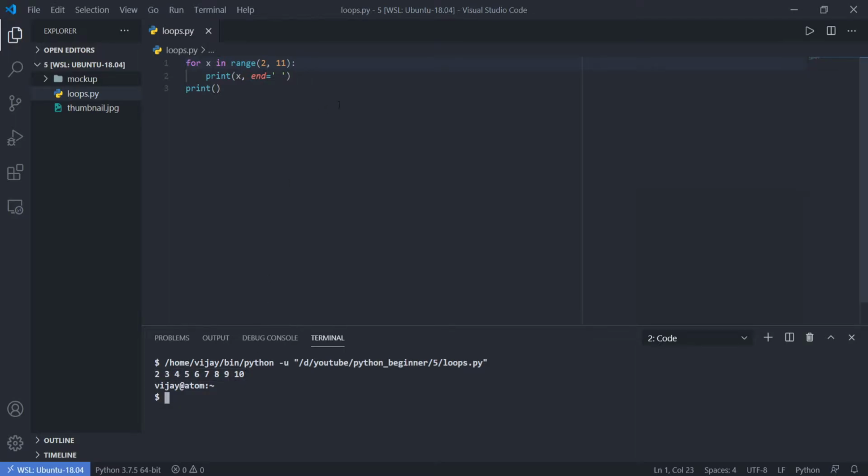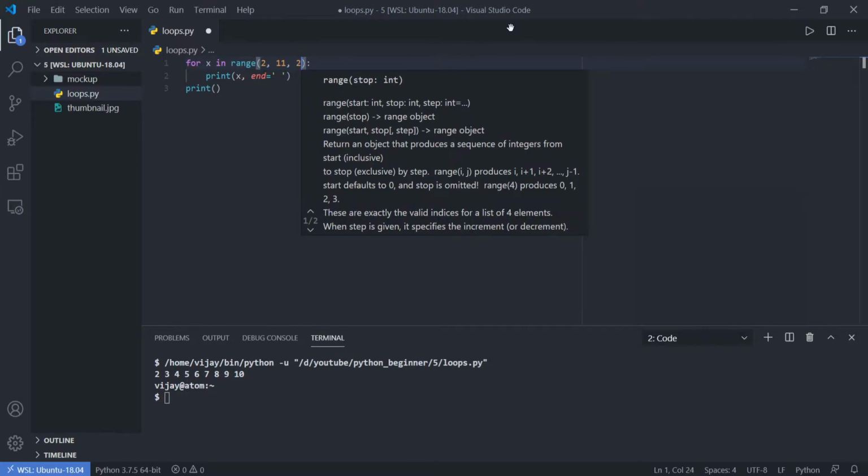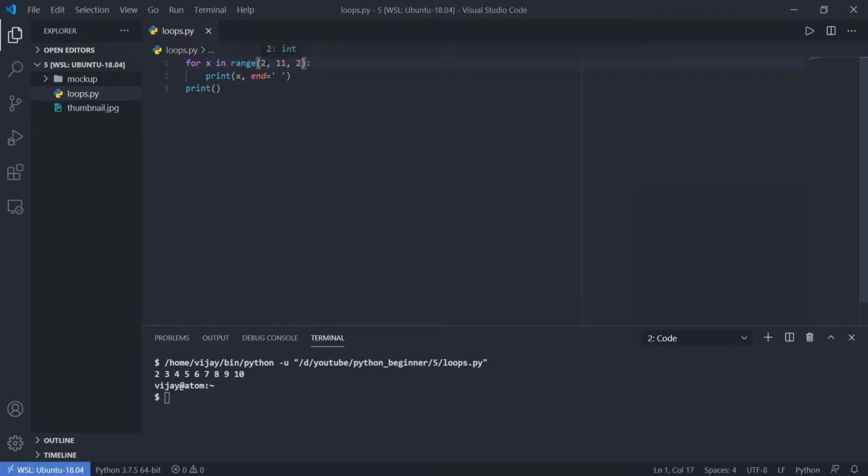Now there's another option you can put in here as well at the end. This is the step. So what this does is it'll start on this value, which is 2, and we're going to print every other x since we're stepping 2. So if I were to put here a 1, we would still get the same result, 2 through 10. But now, when we change the step to 2, we're going to be printing every other value: 2, 4, 6, 8, 10. And if we do 3, same thing: 2, 5, 8. And if the value at the very end is not included with this step, it won't just print the last